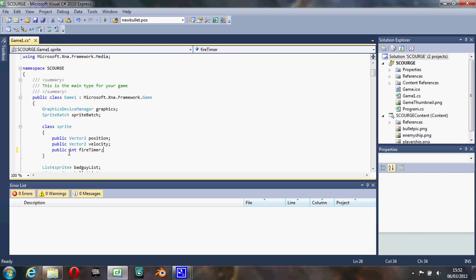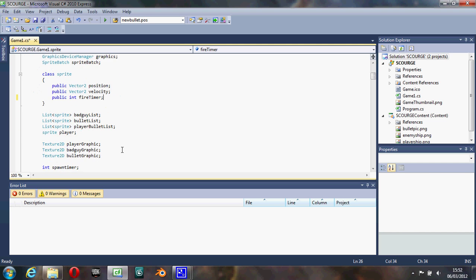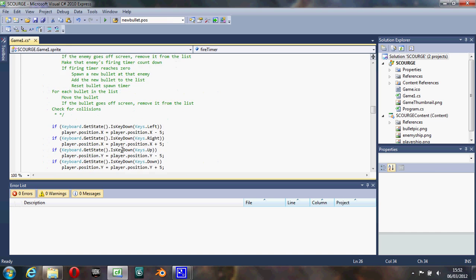Okay, so anyway, I've added this public integer, so an integer that's available anywhere. You can access the sprite class. It has a fire timer in it, which will initially obviously be 0. Now if we scroll down to